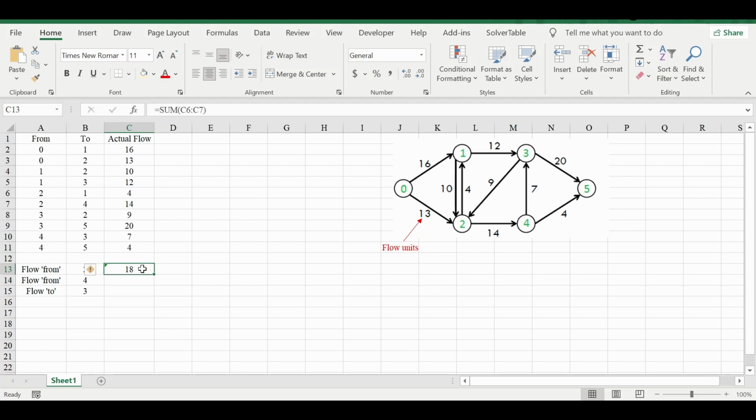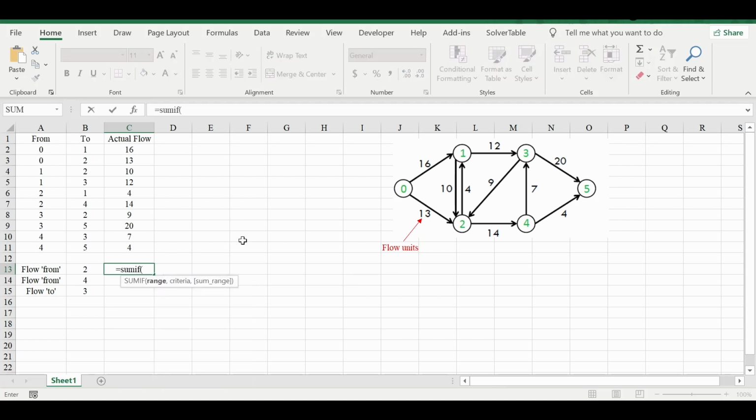But the problem is this: suppose I tell you that there are 35 nodes like this, or 70 nodes, or 100 nodes. Will you calculate this sum for every node individually? It is a possibility, but it is an unsmart way of doing things. The SUMIF function gives you an opportunity to generalize the model, so that if you write one SUMIF function in one particular node, you can copy that down.